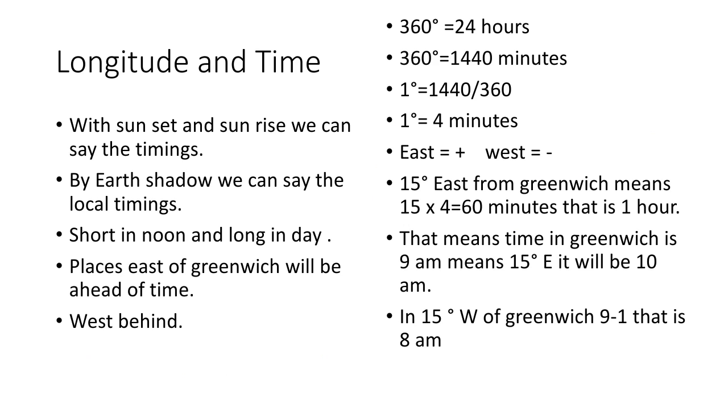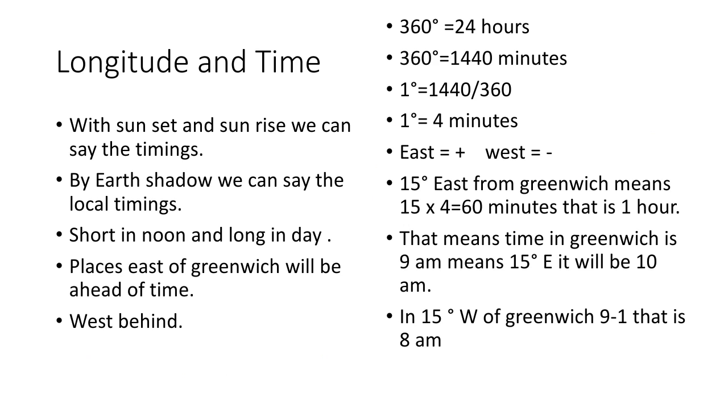And we already know how much time it takes the earth to complete 360 degrees, that is one single rotation. It takes 24 hours, that is 1440 minutes. So 360 degrees in 24 hours means for 1 degree it will take 4 minutes to rotate. How much time does it take to rotate 1 degree? The earth takes 4 minutes to rotate 1 degree. So from these basics we can have some problems.